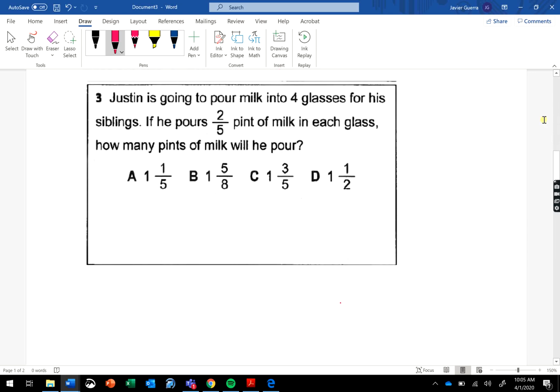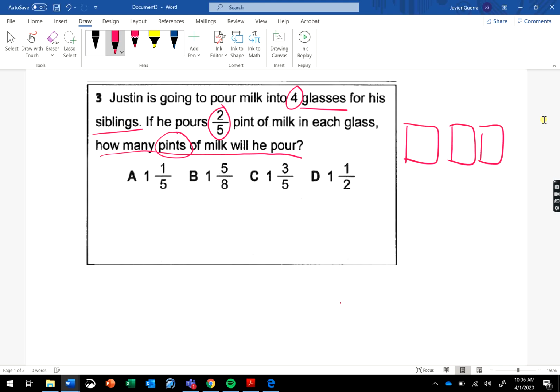Okay, here's where we get into it. So it says Justin is going to pour into 4 glasses for his siblings. So he's going to pour into 4 glasses or cups for his siblings. If he pours 2/5 a pint of milk in each glass, how many pints of milk will he pour? Okay, so I know there's 4 glasses. 1, 2, 3, and 4. And I know that for each one, he's going to pour in each cup. He's going to pour 2/5. So this should have 2/5 filled in. This should have 2/5, 2/5,